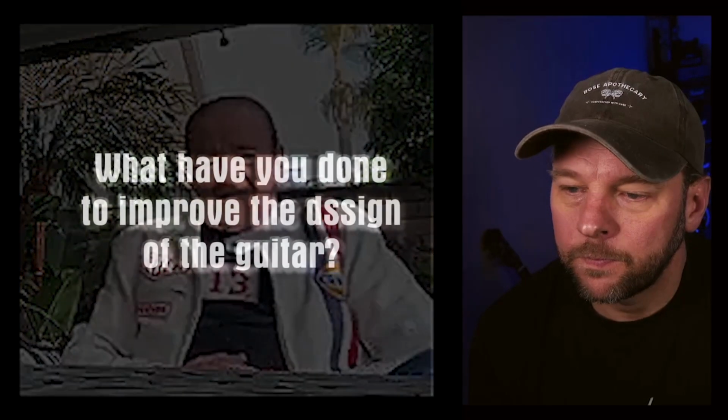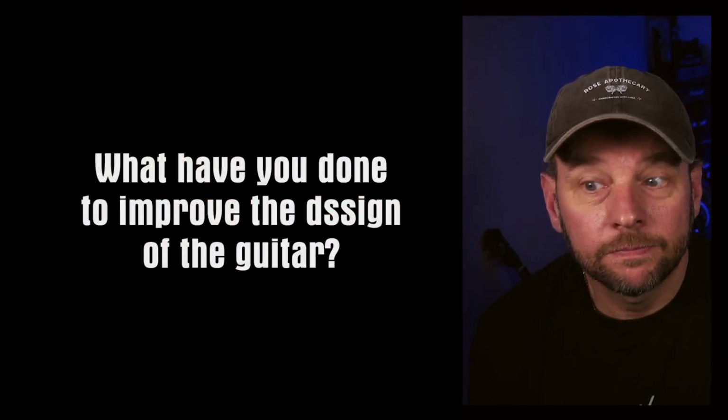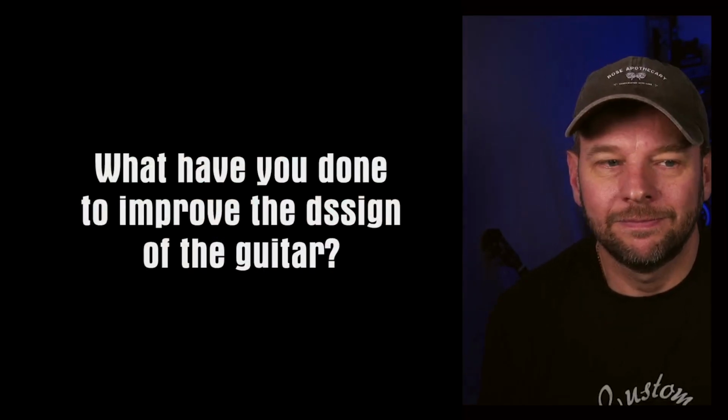It's going to be a better instrument than if it's built by a guy in a factory who just wants to get home to his can of beer and television set. What have you done to improve the design of the guitar? Absolutely nothing. That's interesting. I mean, I think a '59 Les Paul is a pinnacle of,